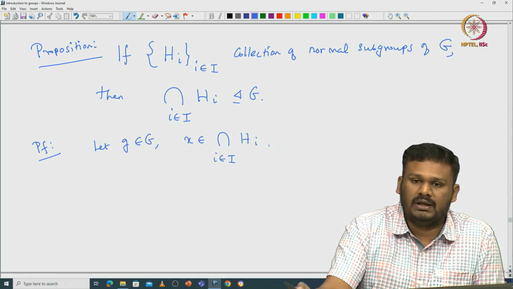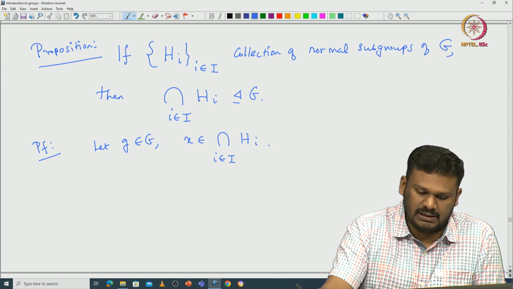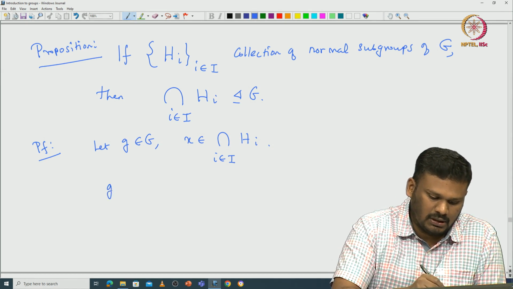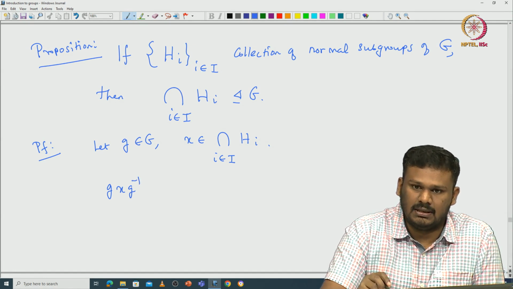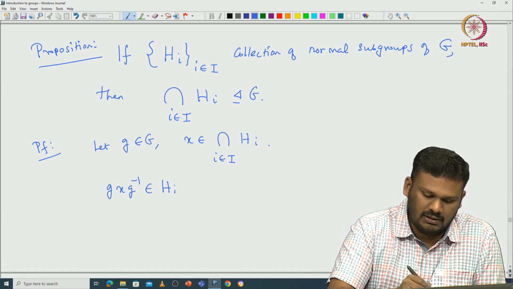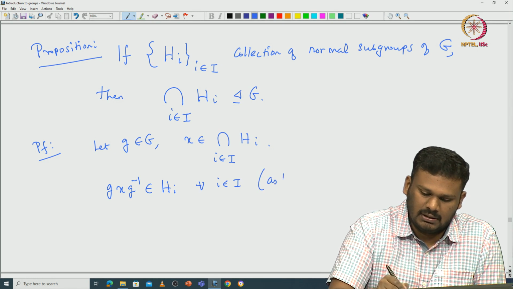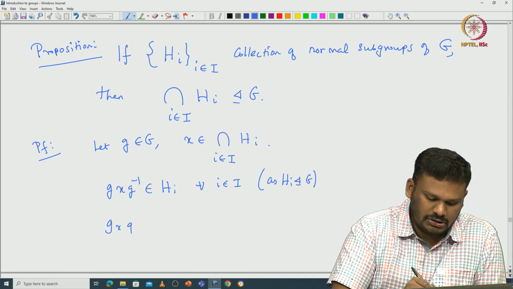Okay. So, we will prove that the conjugate of this X by G must be inside this intersection. Look at the conjugate. Since Hi is normal, this is going to be inside Hi for each i in I, as Hi is normal in G. So, in particular, this G H G inverse is going to be inside the intersection